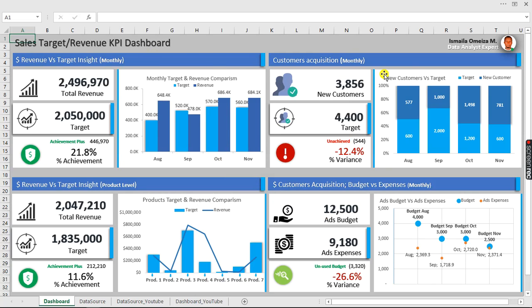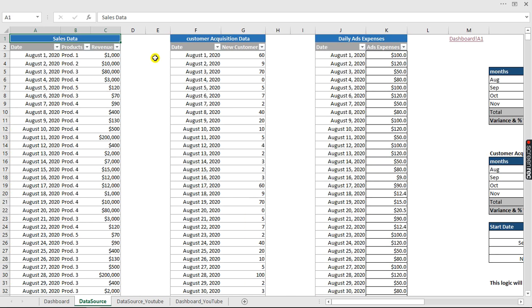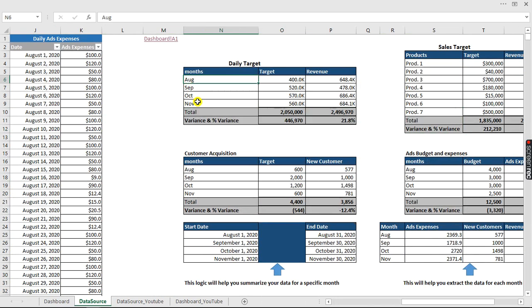Today I'm going to show you how to create this beautiful Excel dashboard from scratch using this transactional data. Now we have sales data, customer acquisition data, plus daily expenses data right here. And we have it on a monthly basis, so we just have 4 months of data, from August down to November. What we have to do is summarize the whole data we have right here. We're going to be doing this without a pivot table,